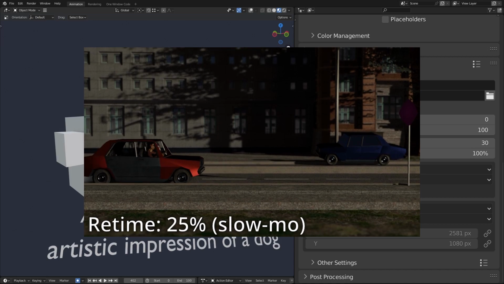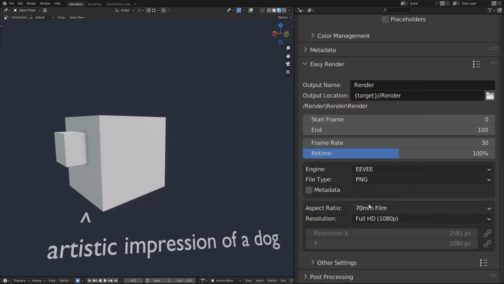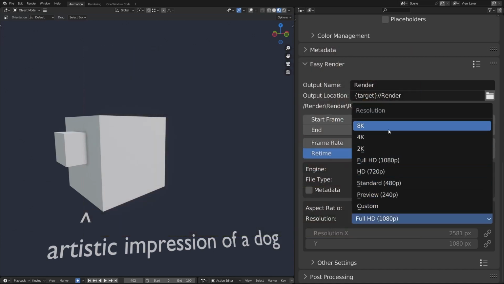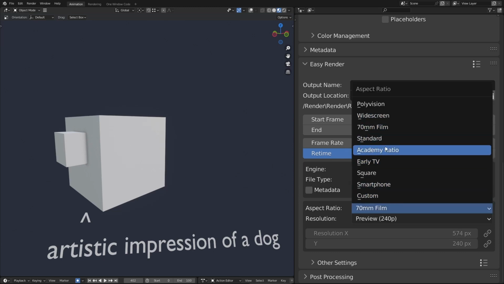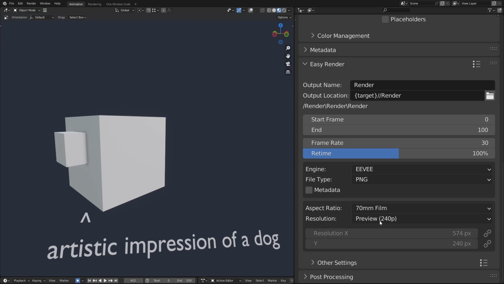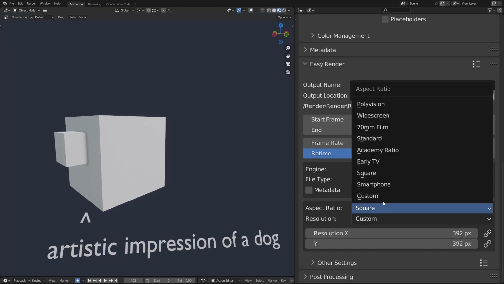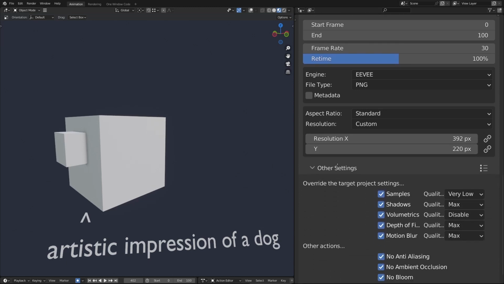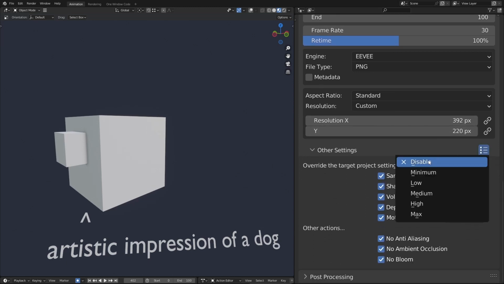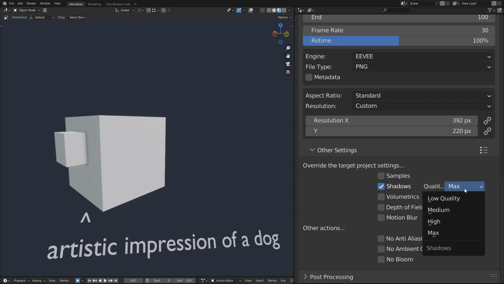Resolution settings no longer leave you looking up values online with a selection of aspect ratio and resolution presets: 1080, 720, 4K, widescreen Academy ratio, smartphones. They're all in there and ready to go. The option to manually assign a resolution is still there, with the added benefit that you can constrain it to an aspect ratio.